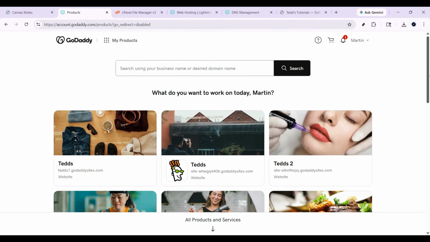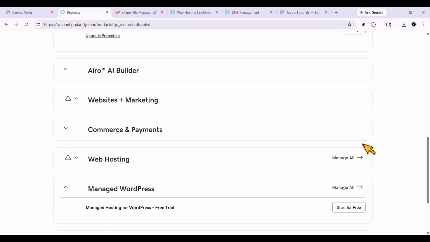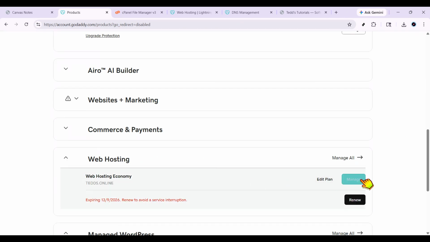Alright, let's get into it. First, log into your GoDaddy account and go to your product page. Once you're inside, scroll down until you find the web hosting section. Next to your hosting account, click Manage. This will take you into your hosting dashboard, where you can access the tools you need to upload your website